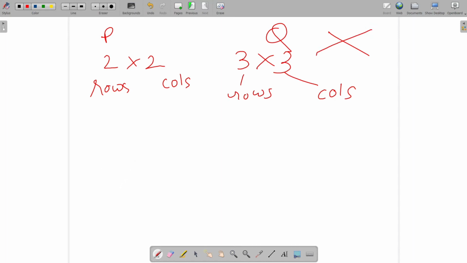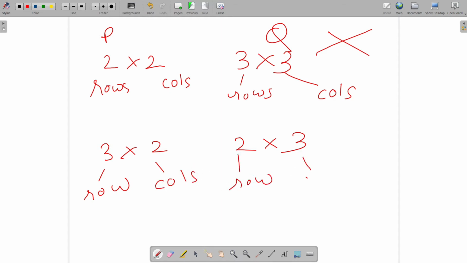For example, we have a matrix 3 into 2 and a matrix 2 into 3. So this is rows, this is columns, this is rows, this is columns. Here matrix multiplication is possible, because the number of columns in one matrix is equal to the number of rows in another matrix.